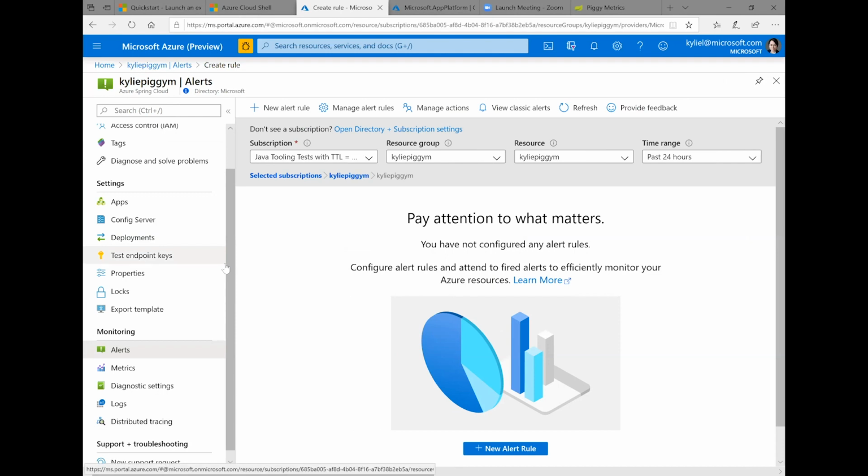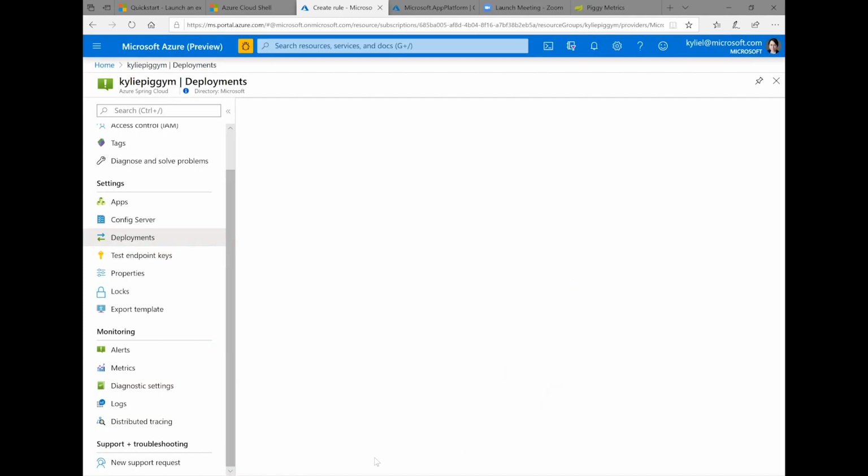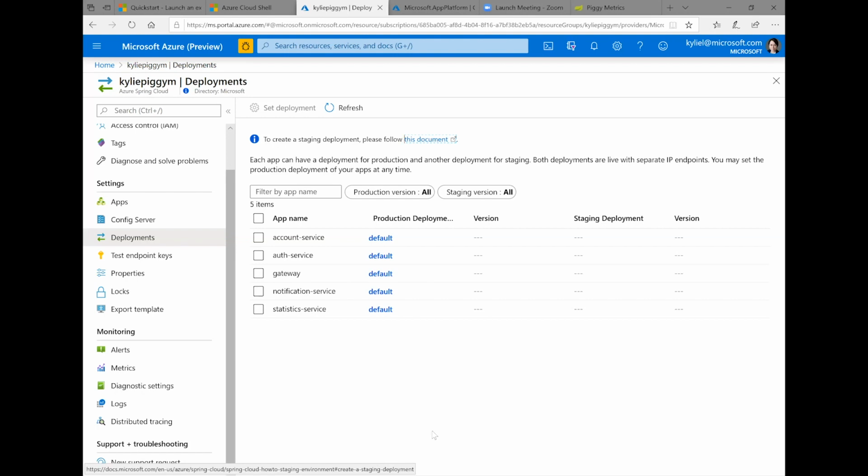The last piece I would like to highlight is about deployments. We also offer blue-green deployments. For each application, you could create your green deployment for your staging environment. For both production deployment and staging deployment, besides the public endpoint, you also could have test endpoints with your own username and password for your own testing. So you could test your staging deployment and decide when to swap